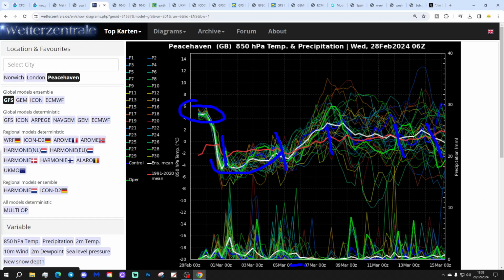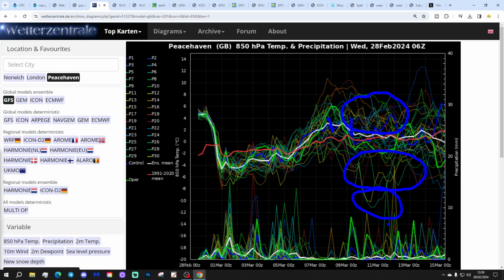Then as we go towards the end of the first week into the second week of March, the upper air temperatures begin to lift back up and go above the red line, above the long-term 30-year average. There is a lot of scatter in there, though, I have to say. We have got the milder ensemble members up here, and they are the majority. So the majority of GFS ensemble members are turning things milder, hence the white line, the ensemble mean, lifting up. But we have got a fair few GFS ensemble members that are keeping things cool, and one or two outliers are actually very cold.